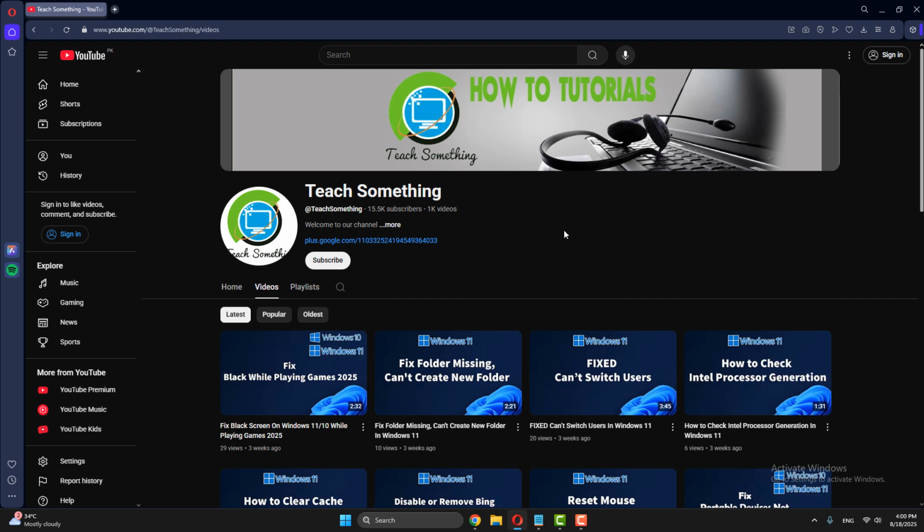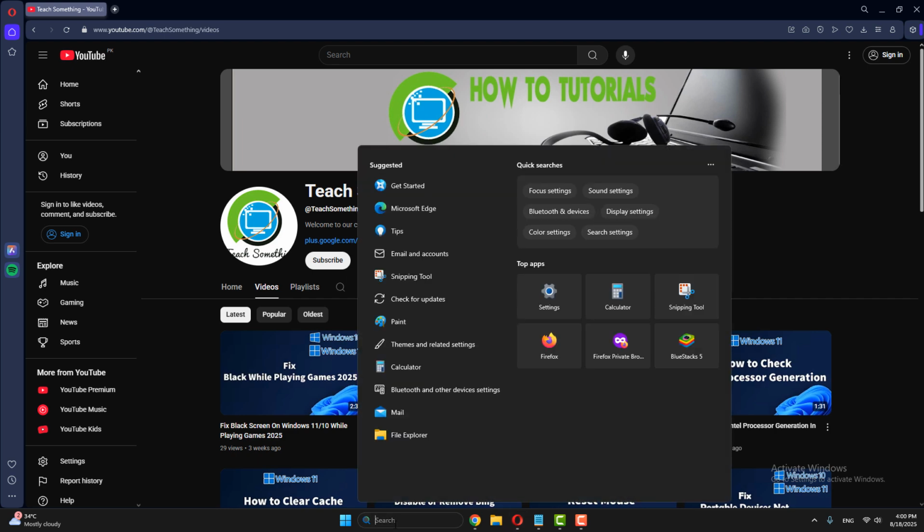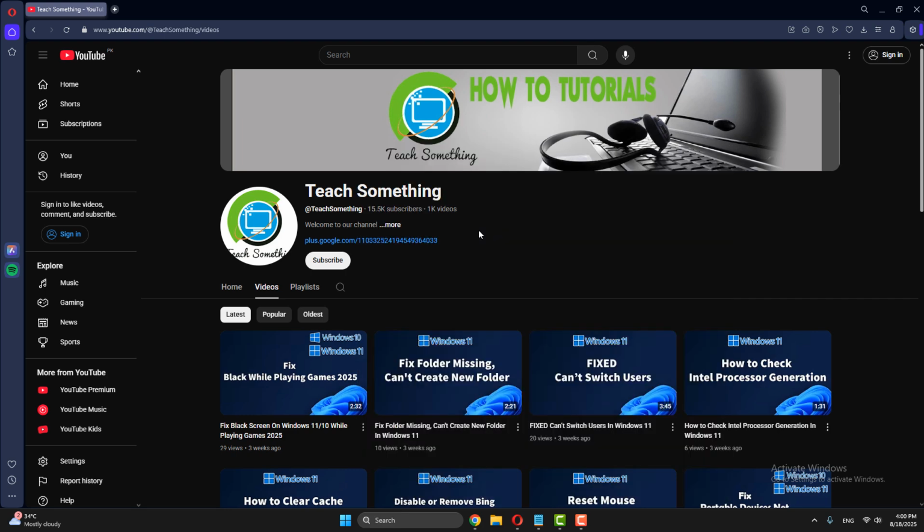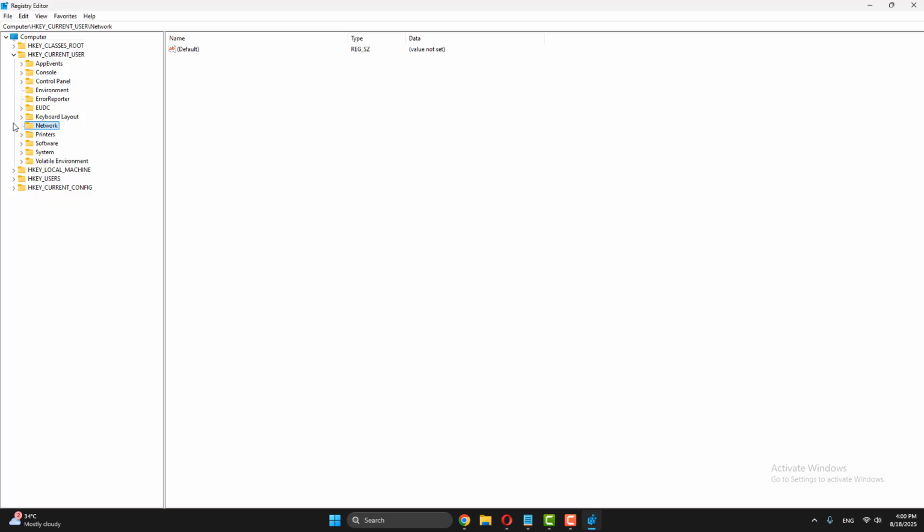The second method is that in the search box, type Registry Editor. Right-click Registry Editor and run as administrator. After opening the Registry Editor,